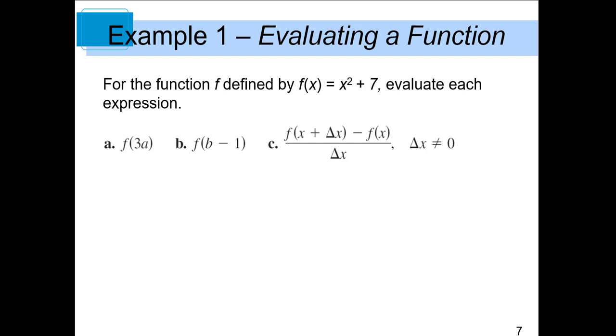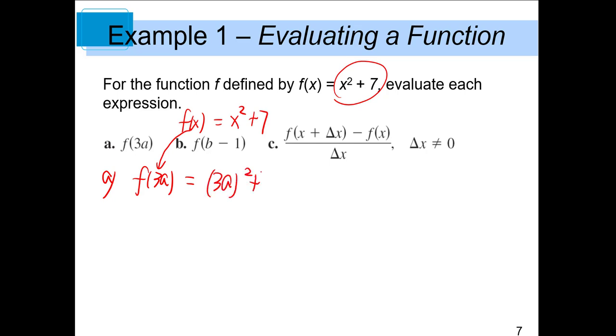And let's learn how to evaluate the function. In this example, for the function f defined by f of x equals x squared plus 7, right, we need to evaluate three different expressions. A, what is f of 3a? So here f of x equals x squared plus 7, right? Now the x becomes 3a. So going back to the function notation and replacing x with 3a, we get 3a squared plus 7. So 3 squared is 9, a squared plus 7, right? So now this expression is 9a squared plus 7. If you want to get f of b,